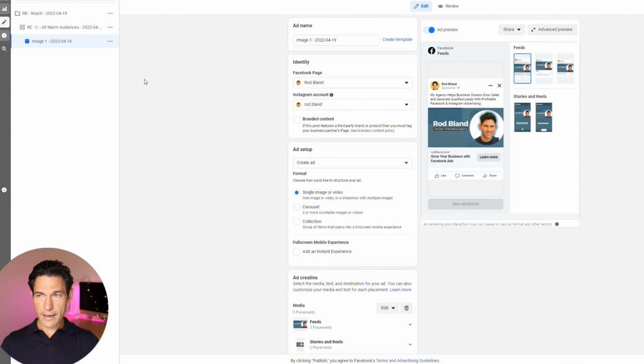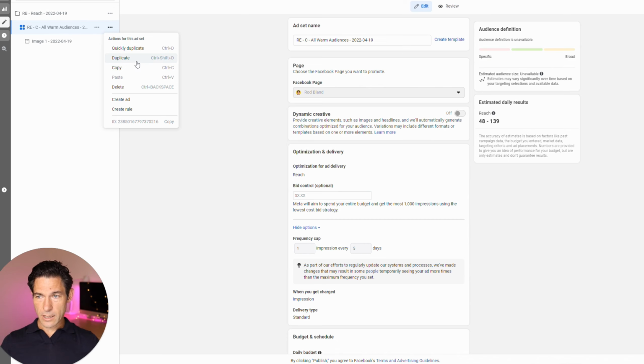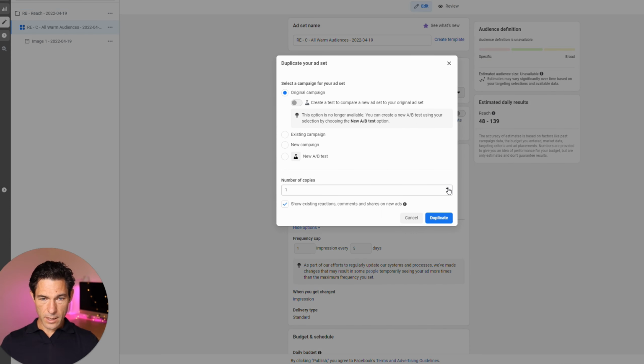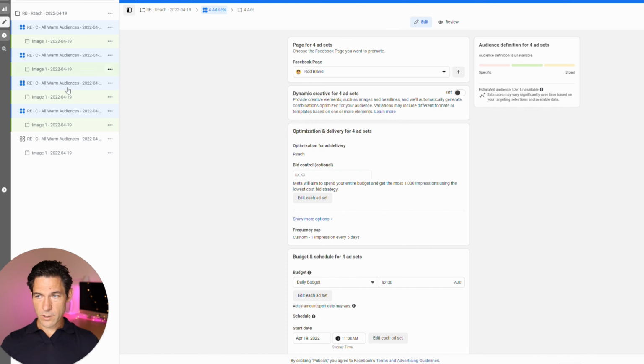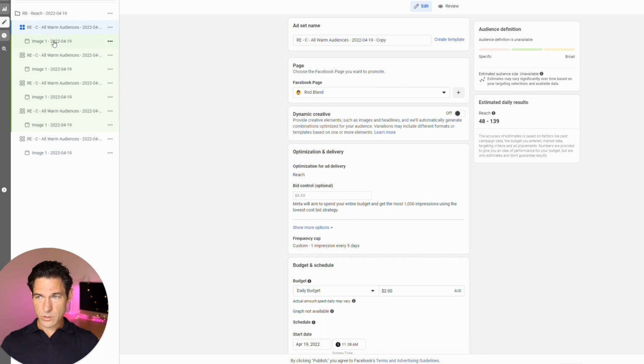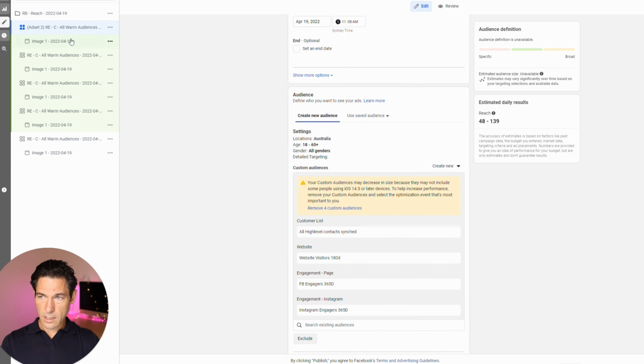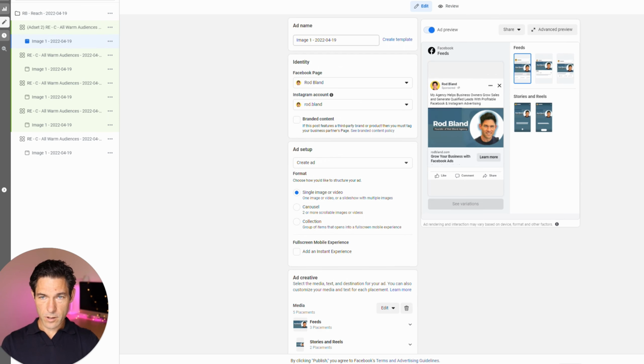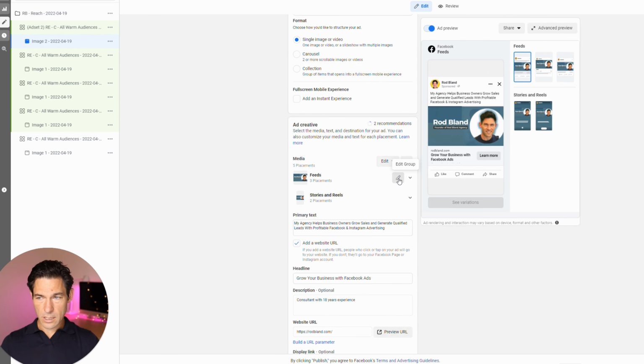Now we want to have 5 different ad sets here. So what I'm going to do is go to the ad set level and select duplicate. And we're going to make 4 copies. And you can see that's now given us 5 ad sets all together. That's the ad set that we've just produced, and one of the new ones is up here. So I will put in here, just so I can distinguish them,